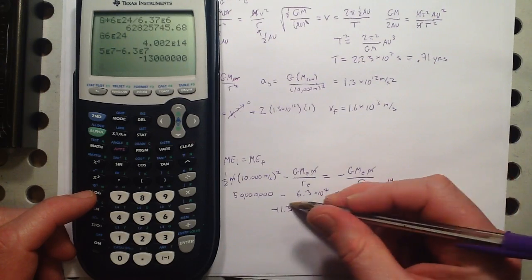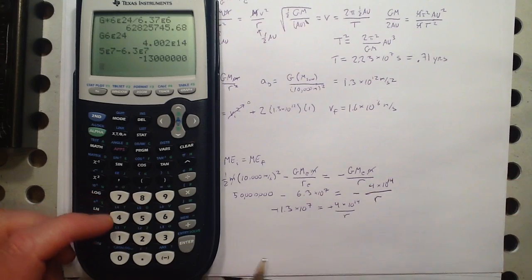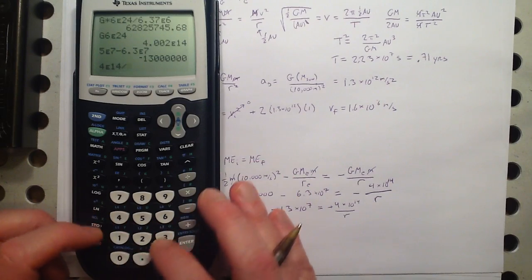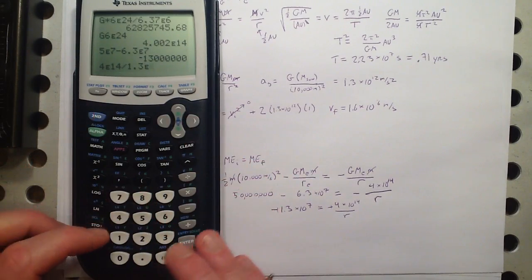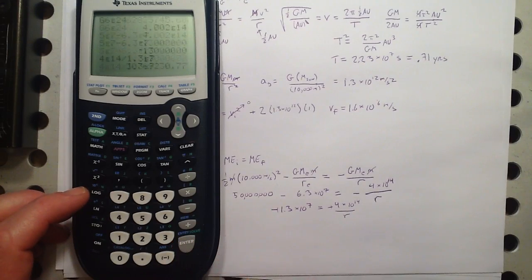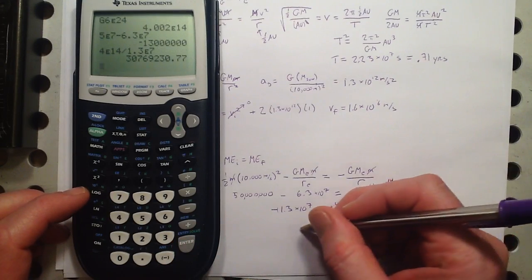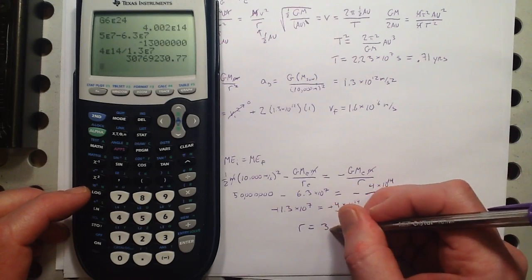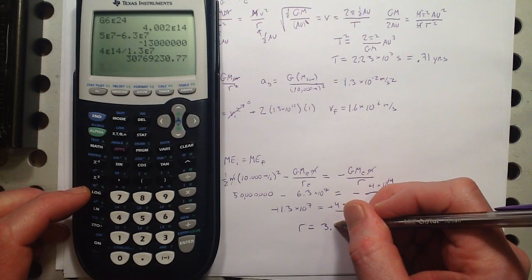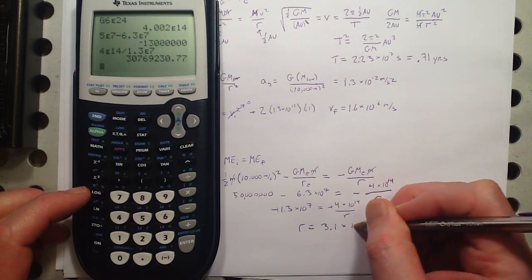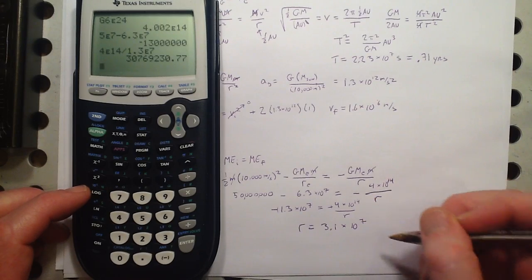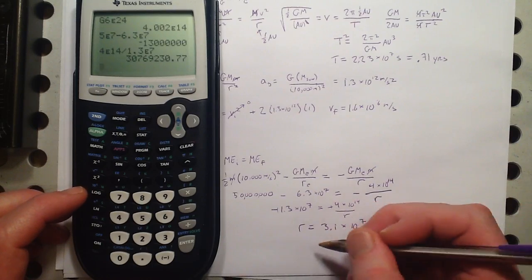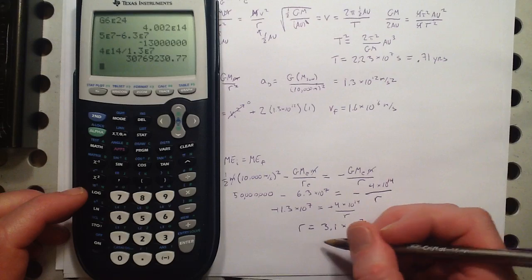Minus signs cancel, multiply that over to here, divide here. So we got 4 times 10 to the 14th divided by 1.3 times 10 to the 7th. And that's going to give me an R of about 3.1 times 10 to the 7th meters. And then subtract the radius of the Earth,